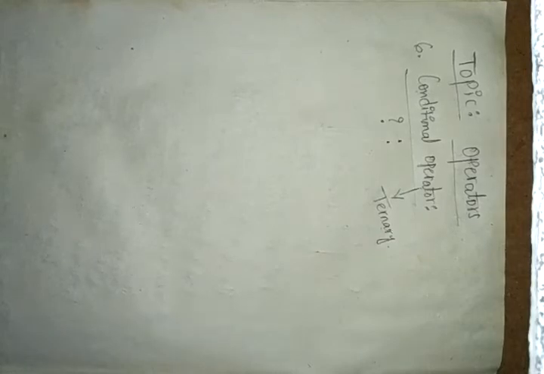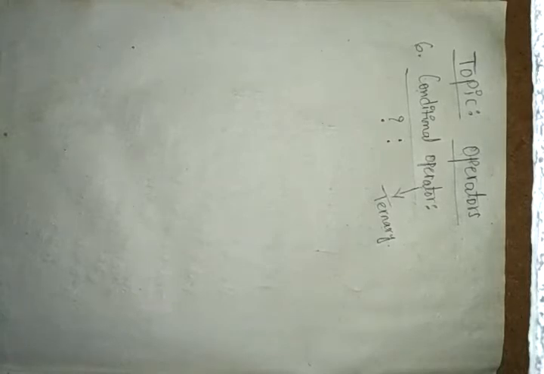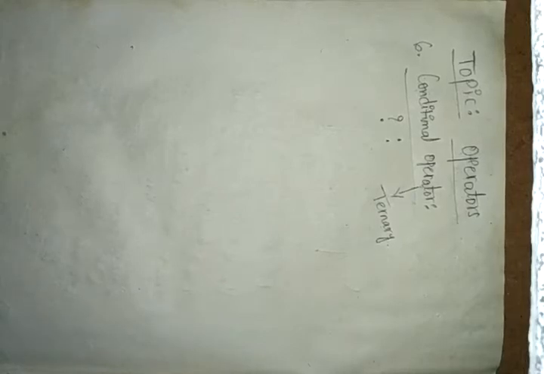Here the value of expression 1 is evaluated first. We are performing it in 3 parts, so we call this the ternary operator. In increment and decrement, we are increasing the value by 1 or decreasing the value by 1, so we call that the unary operator. Your conditional operator is evaluating 3 expressions, so we call this one the ternary operator.